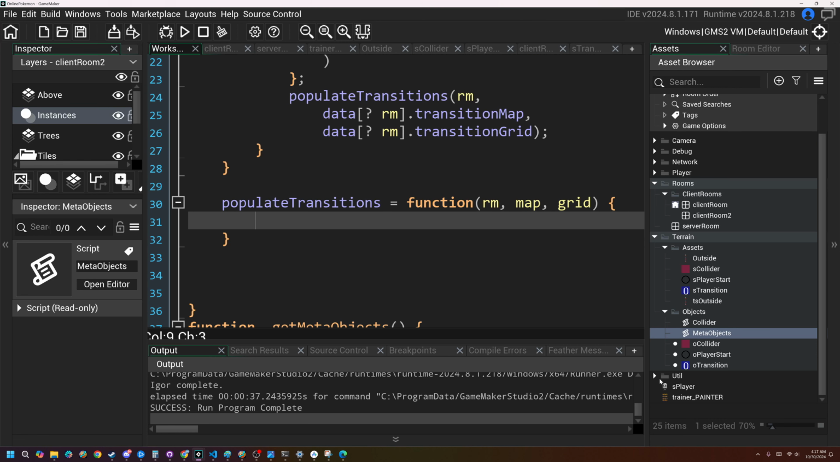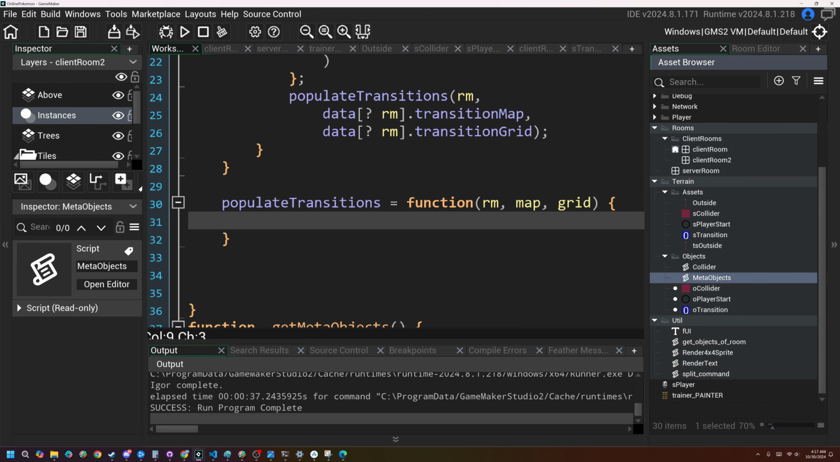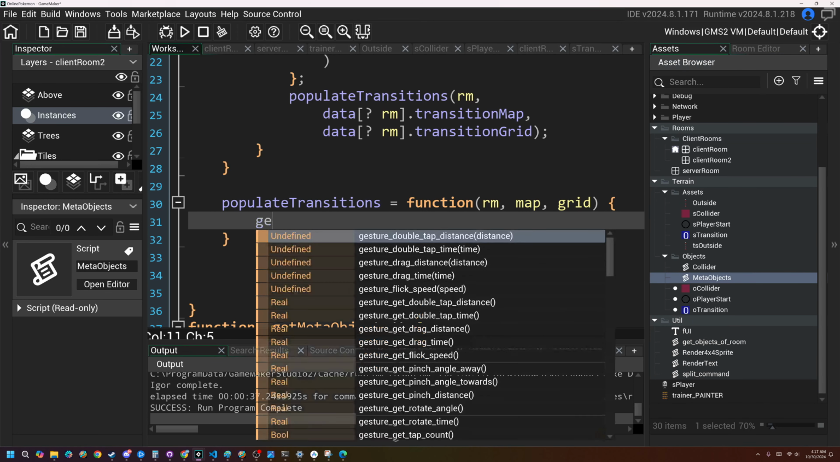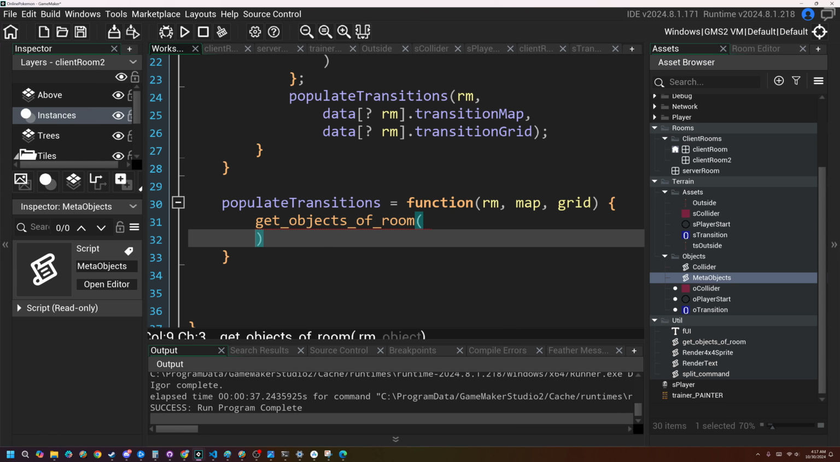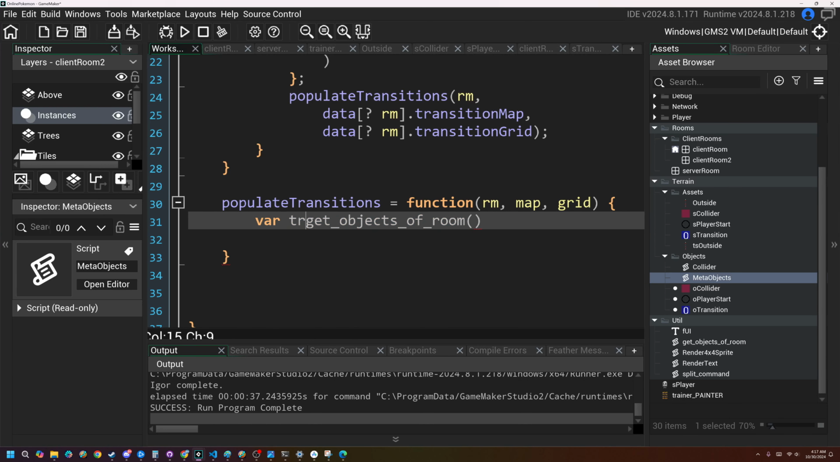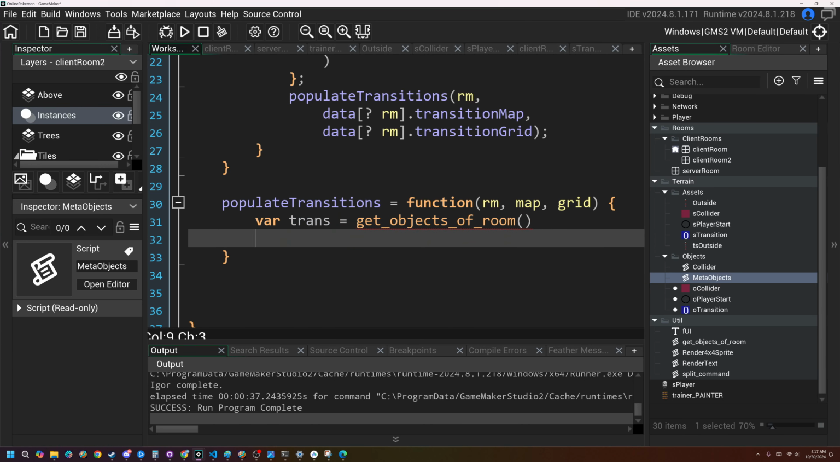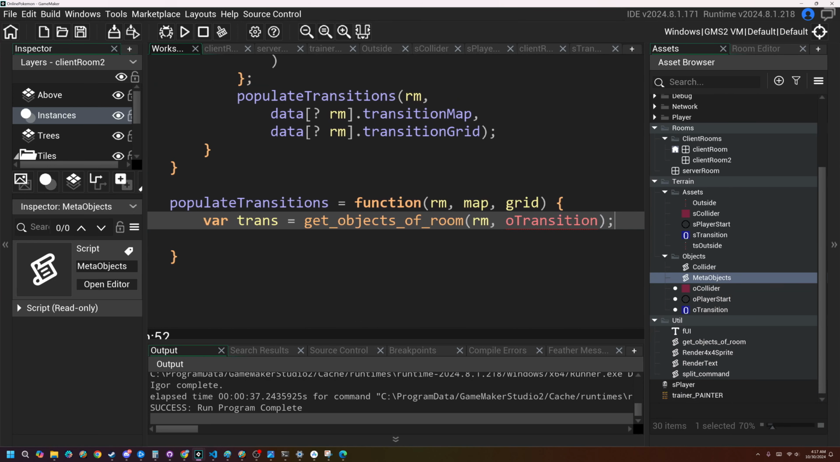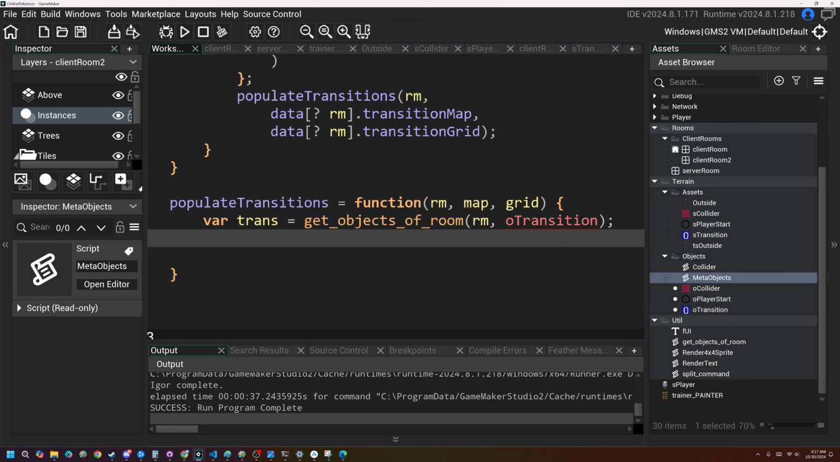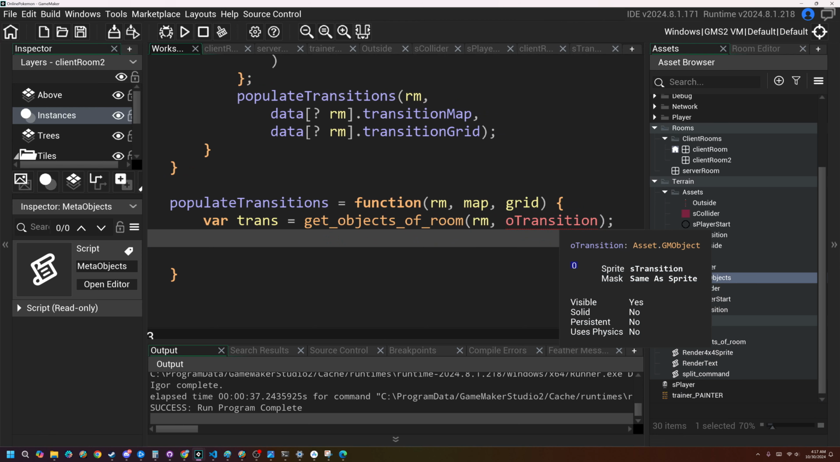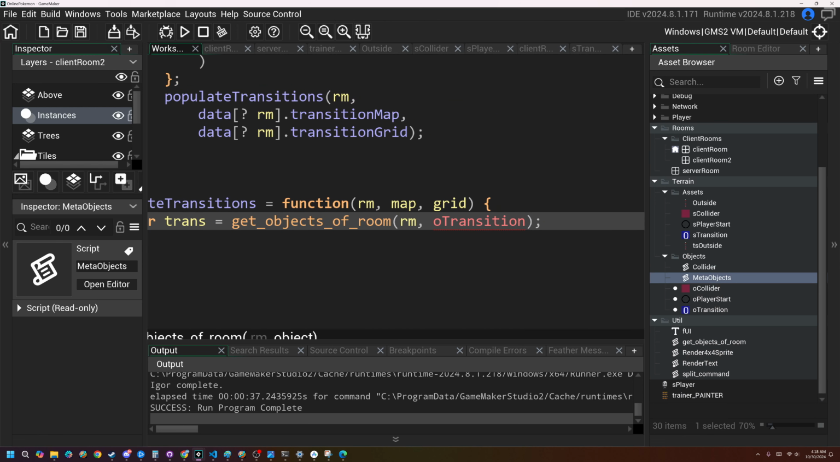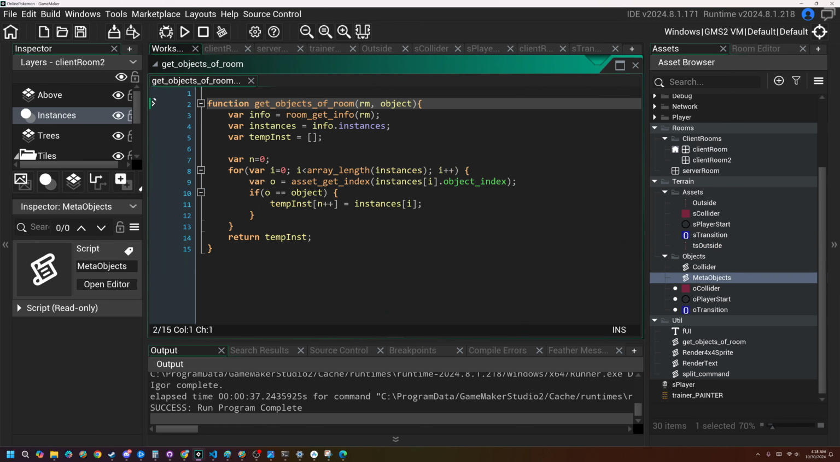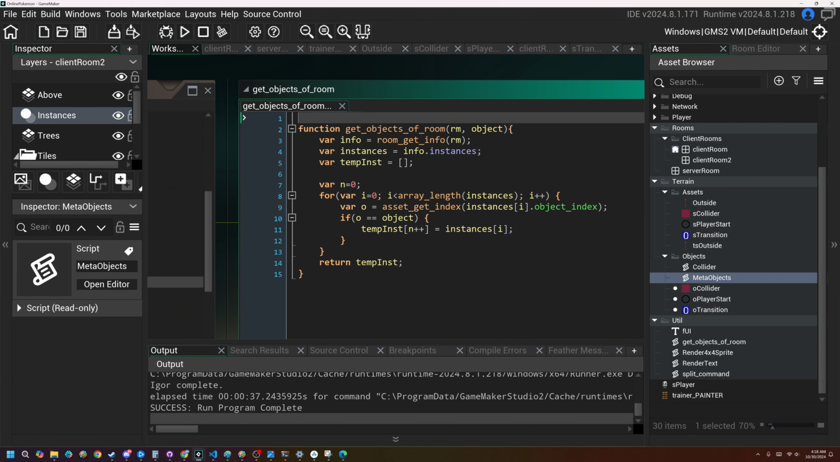So how do you get the data out of it? Well, we have that one handy function to get all of the objects. So get_objects_of_room, and we'll actually store this in a variable. So var trans equals get_objects_of_room, the room we need, and the object is going to be o_transition. So get every single transition object out of the room. And I realized this is giving me an error, so what I'm actually going to do is come into this